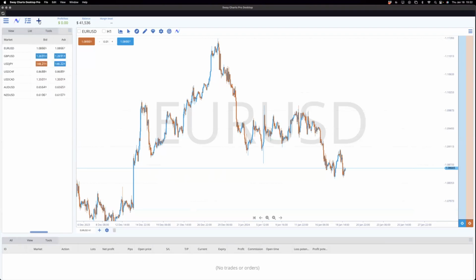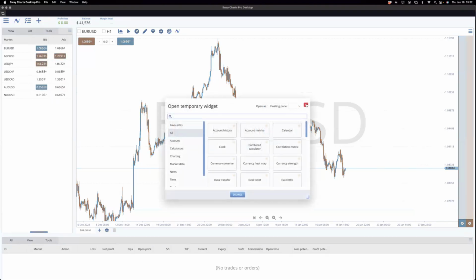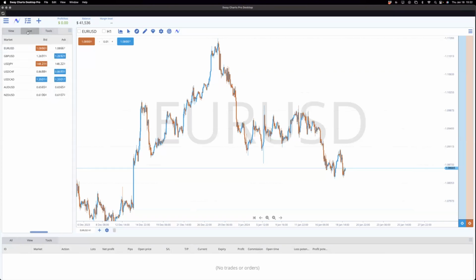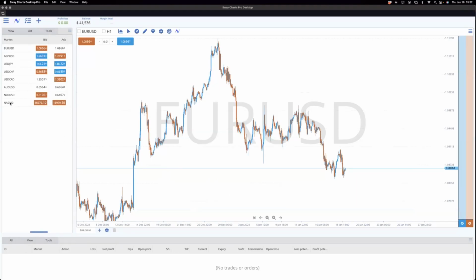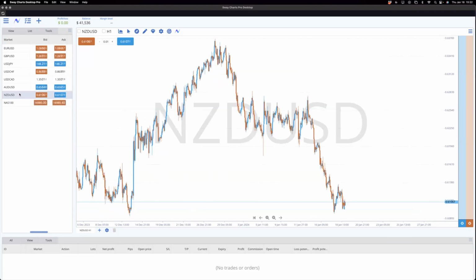As far as adding things to the list, let's see how we do that. I just downloaded it, so okay, list. So we'll click list at the top, click add. Then you see my favorites are here. Click NAS 100, save, added it to the chart. Now, if you want to remove things,